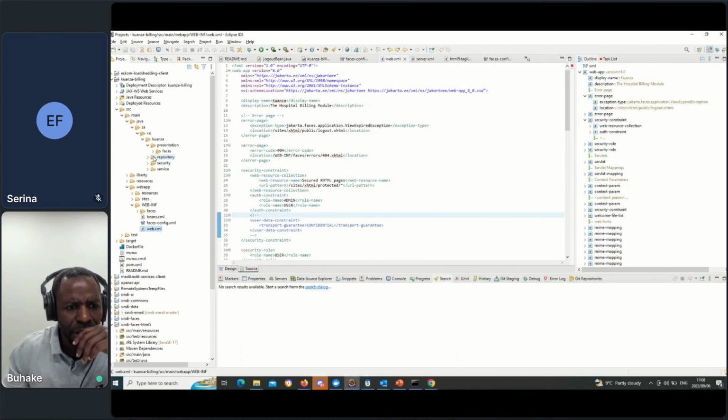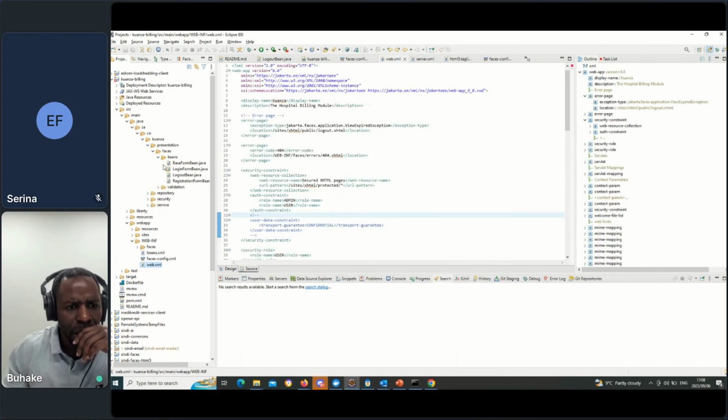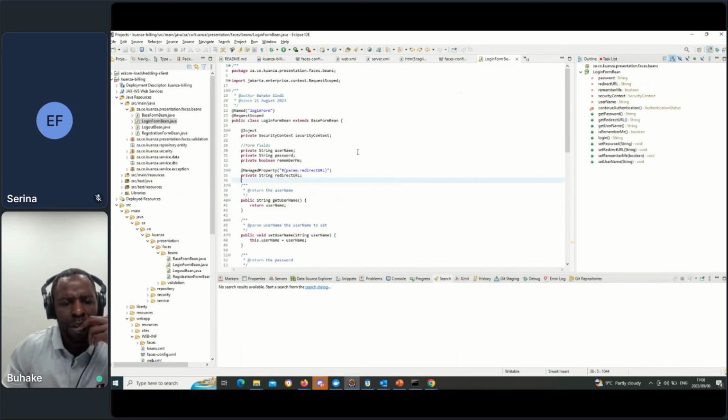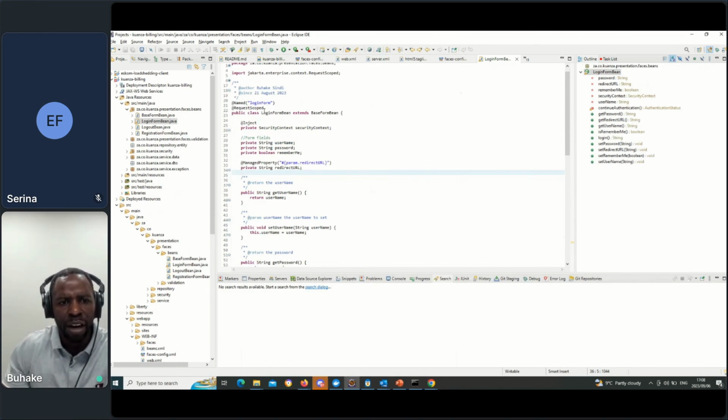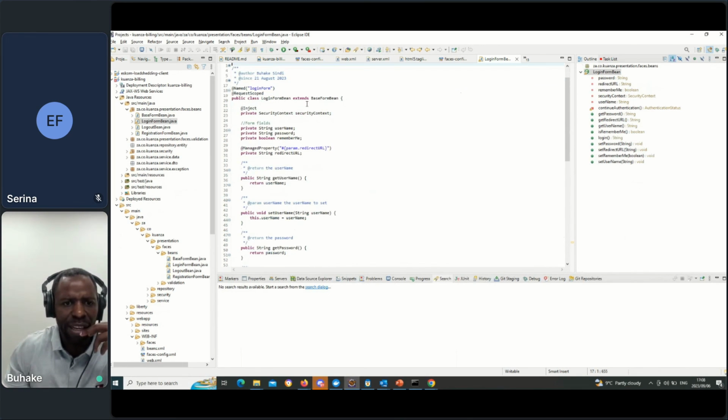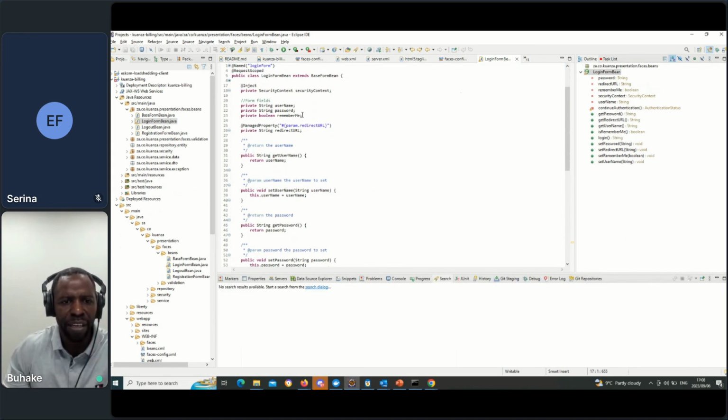So, for example, the login form has been exactly the same. I'm still using CDI Named. Nothing has changed in terms of implementation.